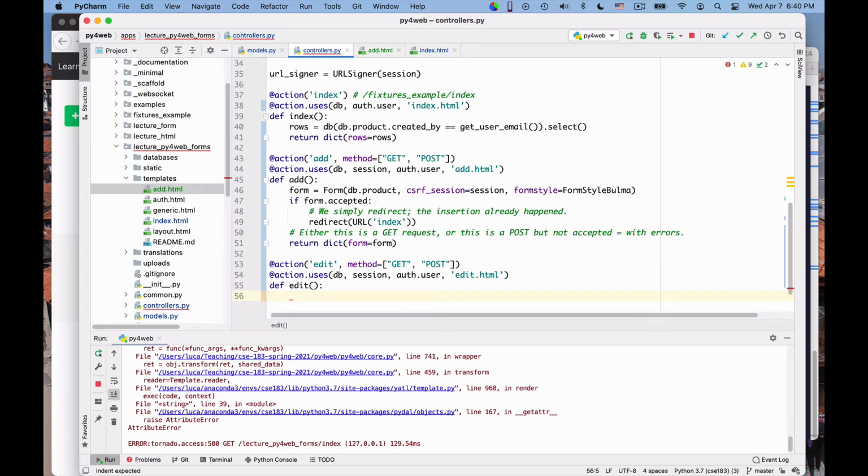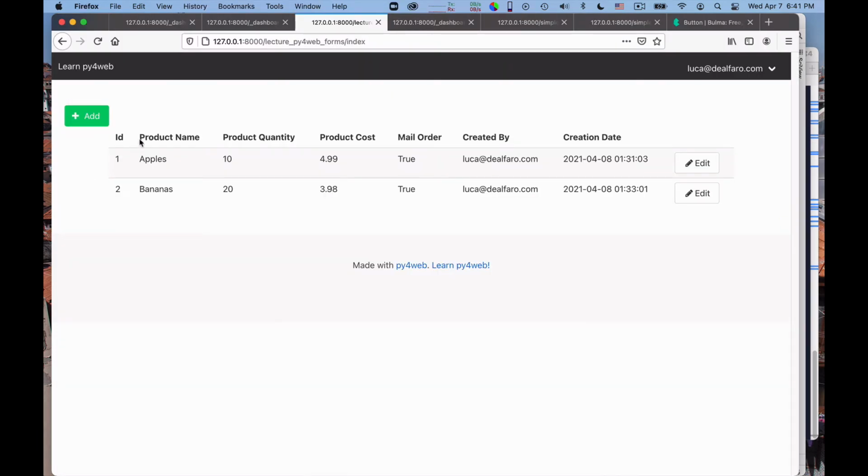But the problem is, so this is sort of, it's called boilerplate. It means a code that doesn't change very often. But now the problem is, how do I communicate which of the various products I want to edit? You see, if there are multiple rows. How do I say whether I'm actually clicking on this button or on this button, okay? So what I want to do is create an edit URL. If you see it at the bottom, but perhaps it's too small.